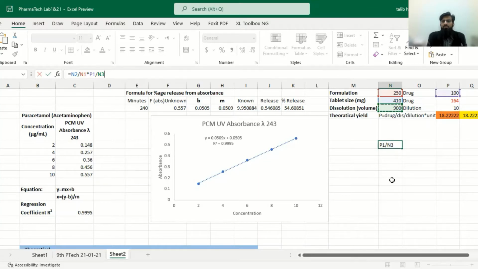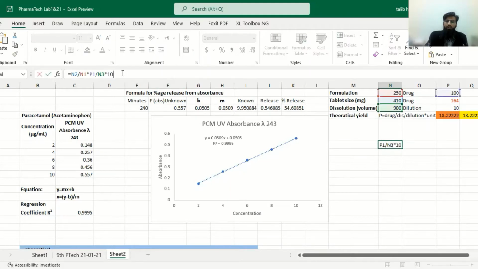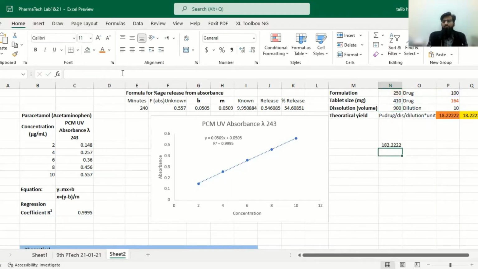When calculated, it gives 0.18200 milligram. If we convert it into microgram, we multiply it by 1000, so it will give 182 microgram.